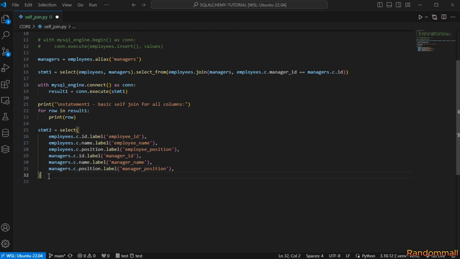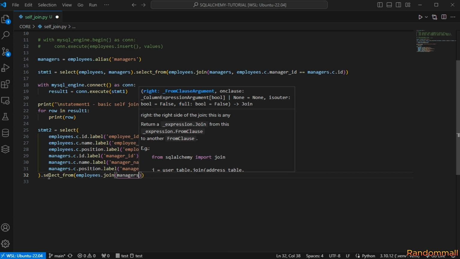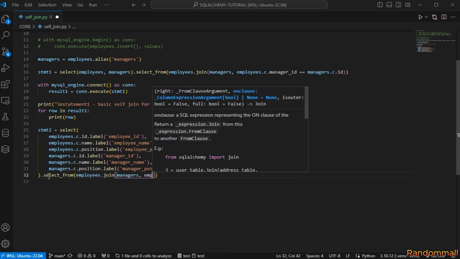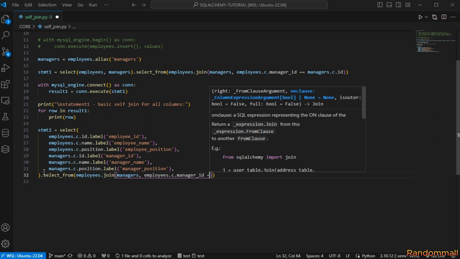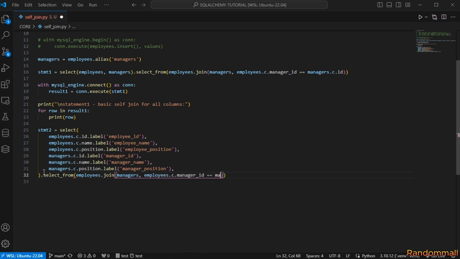And then we are going to say dot select from, and then we pass in employees dot join, and inside this join function we are going to also pass in the managers, which is the second table, and we enter the clause, which is employees.column.manager ID, and passing the other primary key, which is the managers.column.id, and we are going to print it out, which I'm going to copy this, share this to result 2,